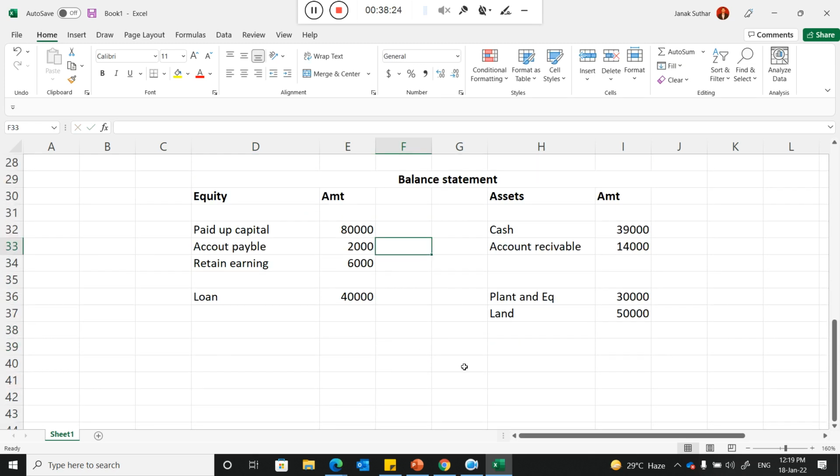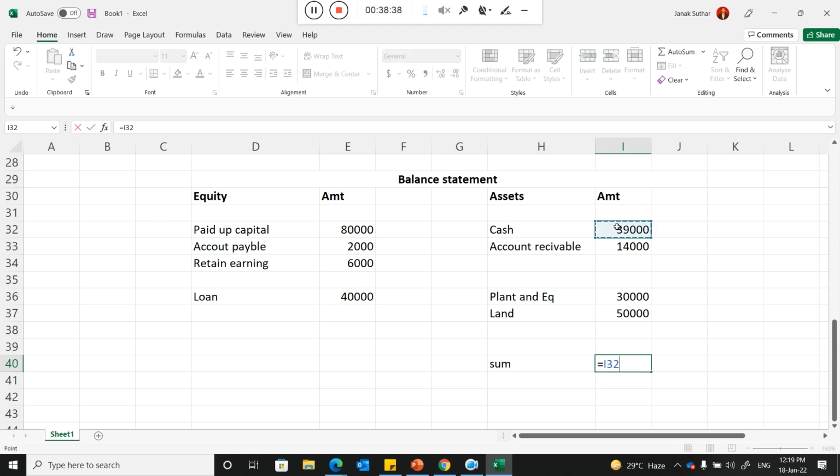Now the balance sheet. In the balance statement, you need to add all the things. Here I will add the sum of all these points. So this is equal to 39 which is the cash, plus 30,000 plant and equipment, that is the asset I need to add. The 50,000 is the land. Plus 14 will become